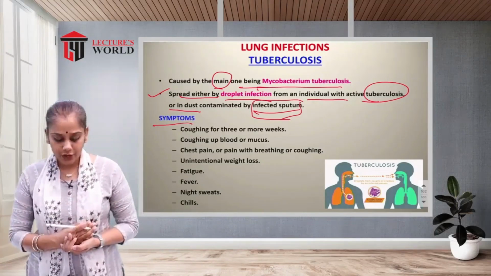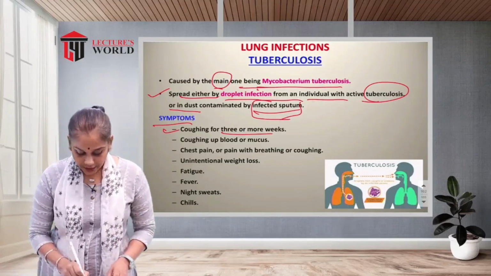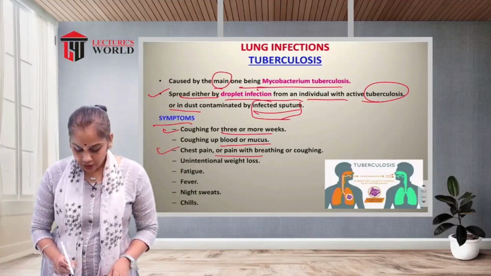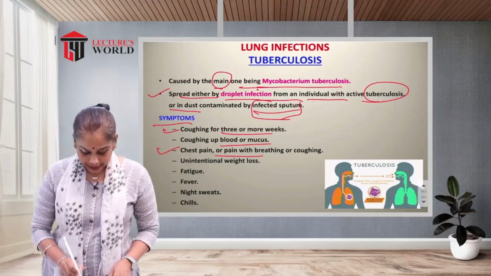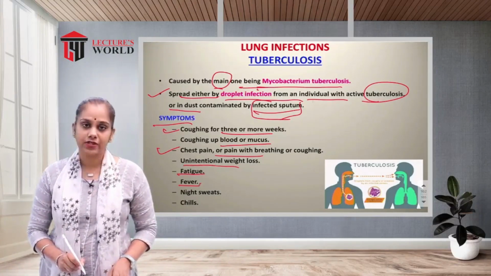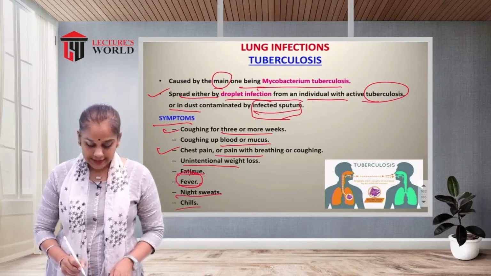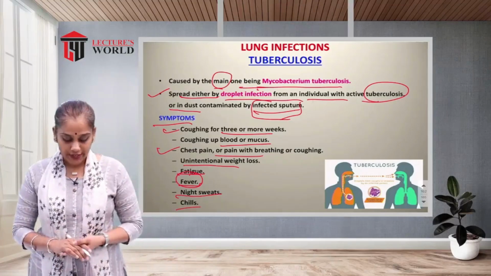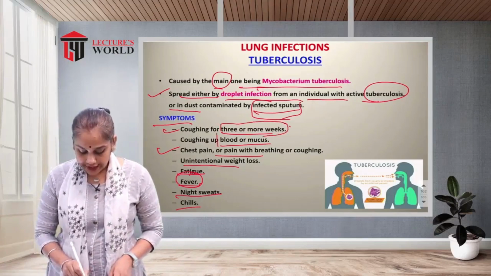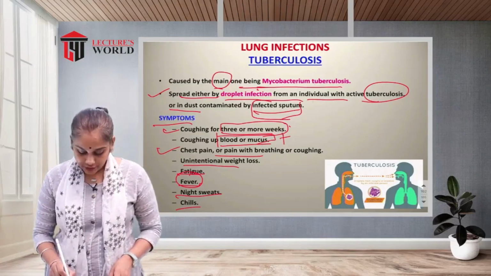Now we will see the symptoms. Which are the symptoms of tuberculosis? Coughing for 3 or more weeks, coughing of blood or mucus secretion, chest pain or pain while breathing or coughing, unintentional weight loss, fatigue, fever because of the infection, night sweats and chills. Okay, these are the common features. So more than 3 weeks of cough, or blood or mucus in the cough,